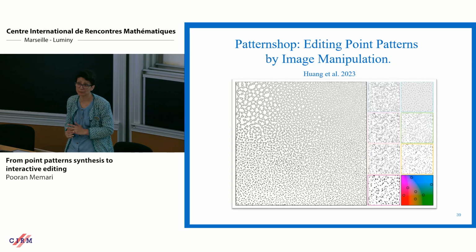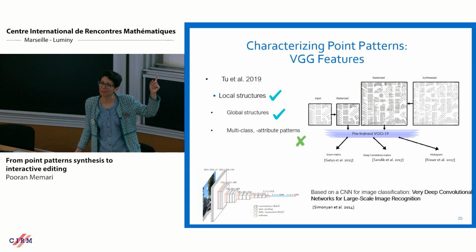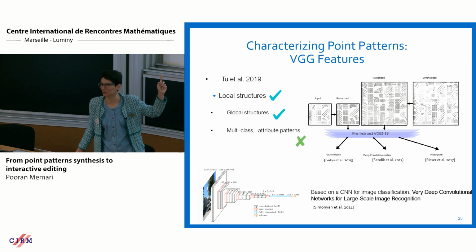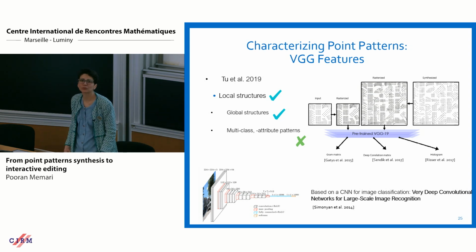Which is quite powerful. I'm not saying that it's not powerful at all, because if you see the set of point patterns that they can handle and how similar they look to each other, it's quite promising. So if I show, for example, again, I go back to this example. This one is very tricky. I'm showing them like this, a discrete distribution. It doesn't seem so tricky to you, but it's really challenging, and they are able to handle that. So this is a good tool indeed. Other questions?